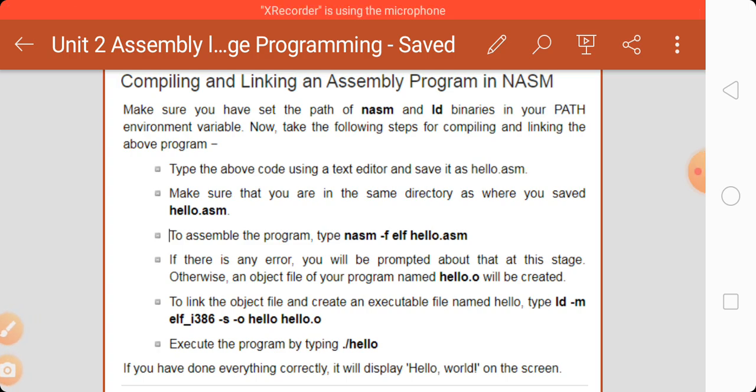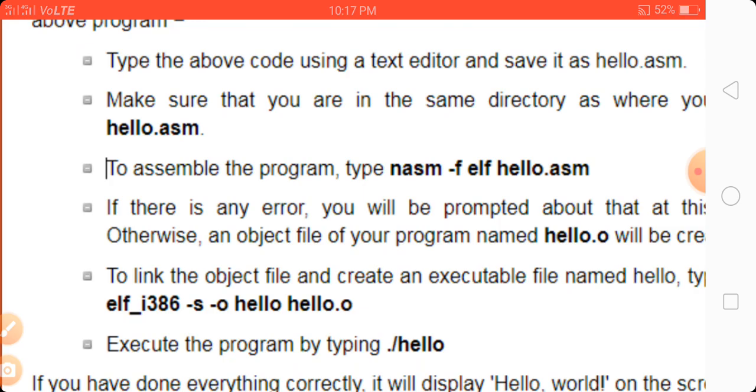So in the second step, make sure that you are in the same directory where you saved your program, that is hello.asm. Now the third step is to assemble the program. Type nasm -f elf hello.asm.